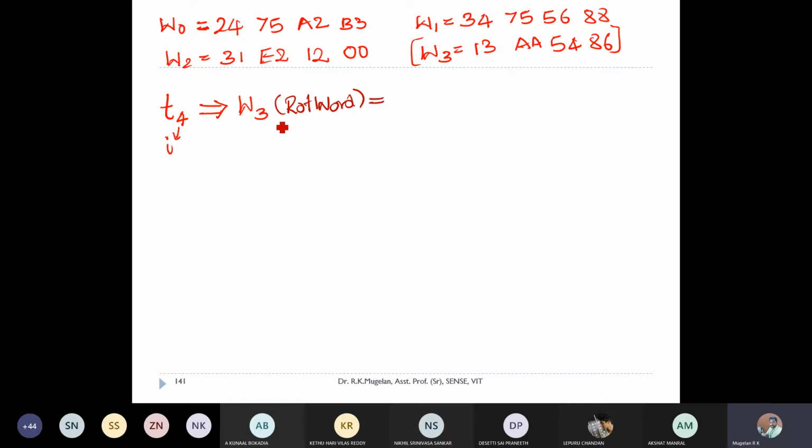Okay. First step, after rotating, I'll be getting AA, 54, 86, then 13. You can see this 13 has been shifted here. This is the output of RotWord. Right. Now I have to go for SubWord, that is, I will be using my sub byte table to substitute these values.